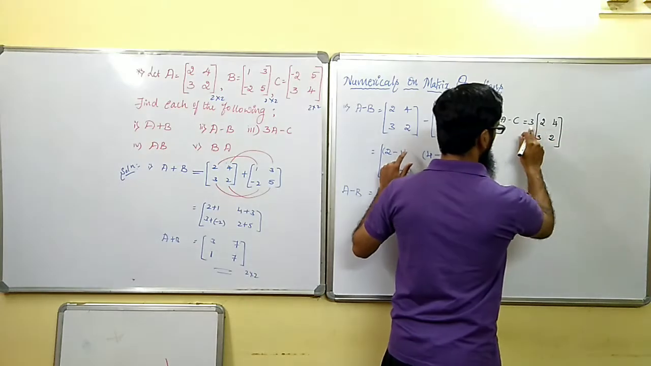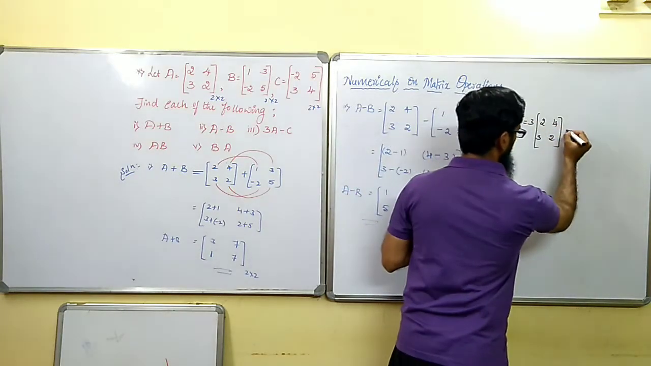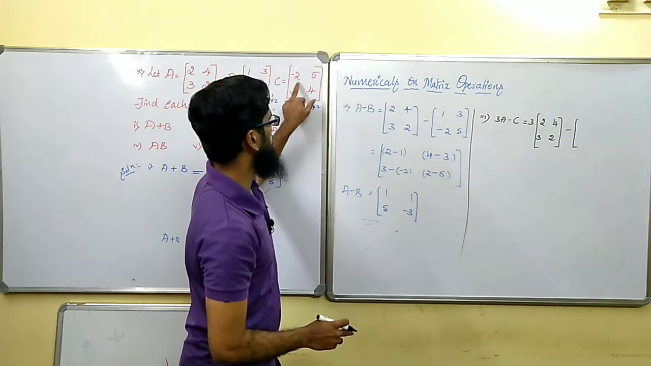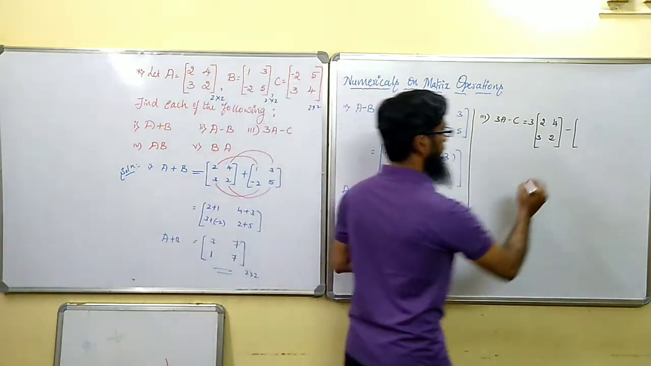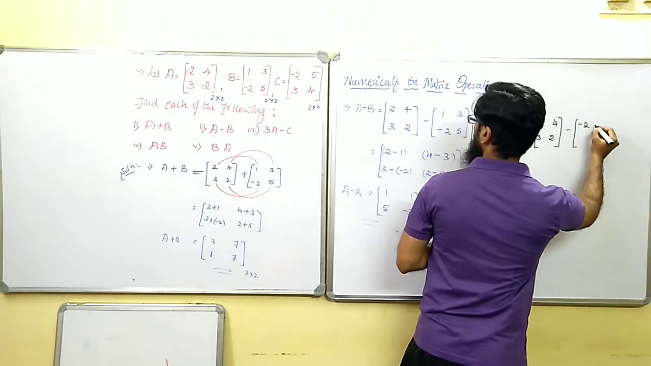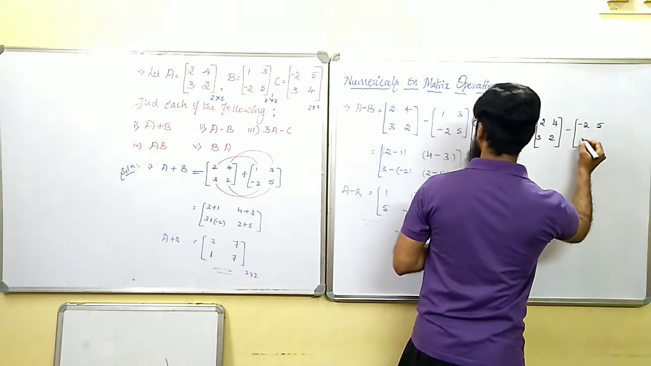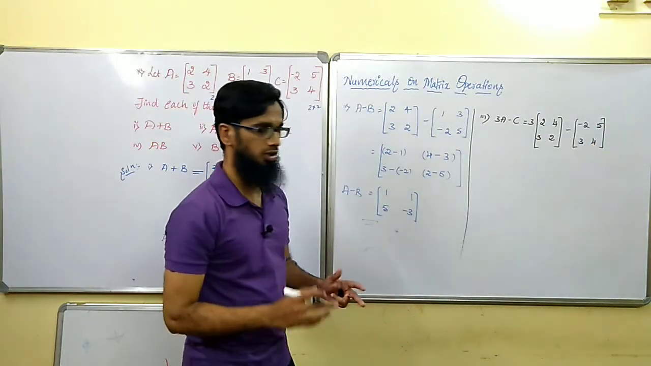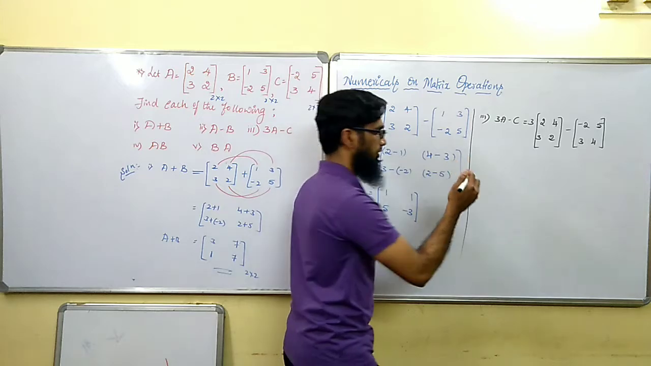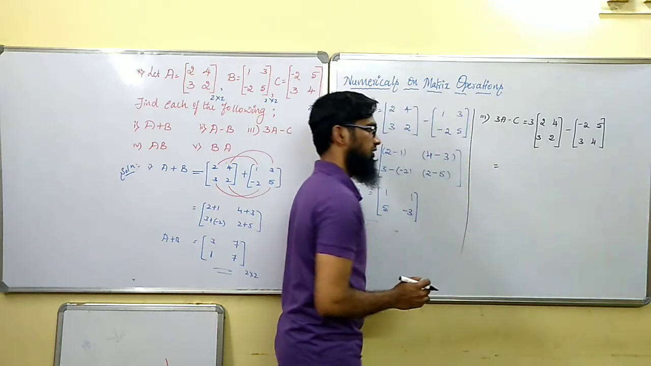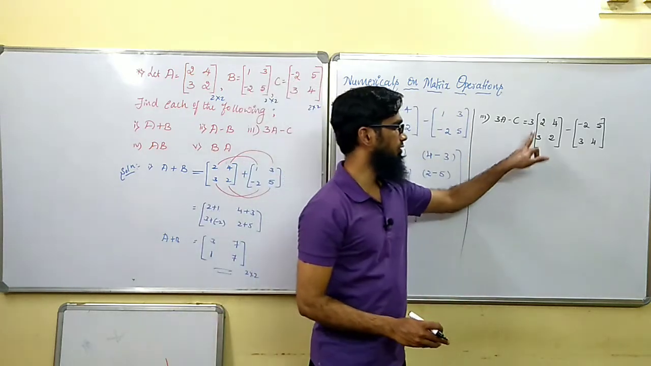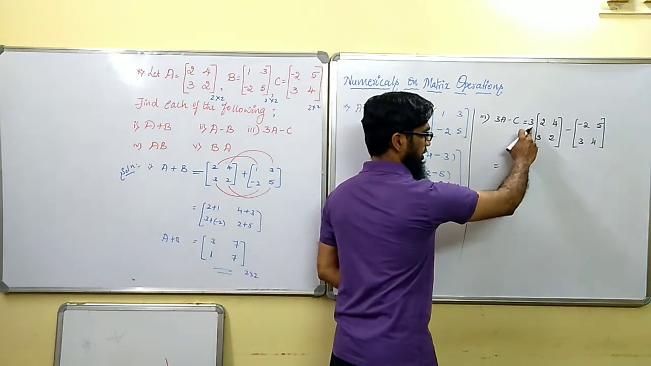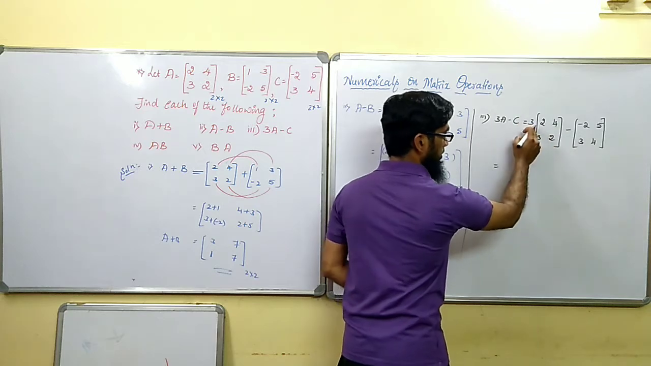This is 3A. We have to subtract the matrix C. Matrix C is -2, 5, 3 and 4. Now we have substituted the values, and we'll simplify. During scalar multiplication, we multiply the constant with all the elements of the matrix. Just multiply this 3 to all the elements of the matrix, that is 3 into 2